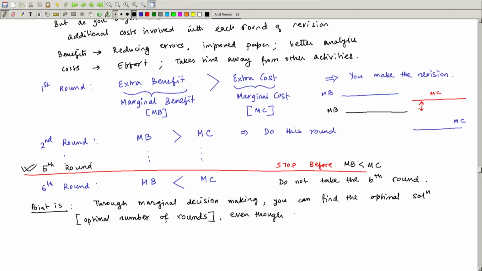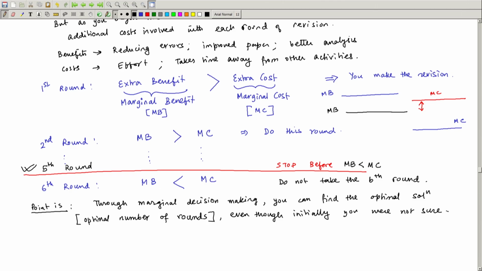So, as long as the marginal benefit was greater than the marginal cost, we took that revision, we made that revision, and after successive rounds we found that the extra effort needed to improve the paper even more is far greater than the increment or the extra benefit or the improved version of the paper. So, through marginal analysis we can find the optimal solution, even though at the beginning, even though initially you were not sure,